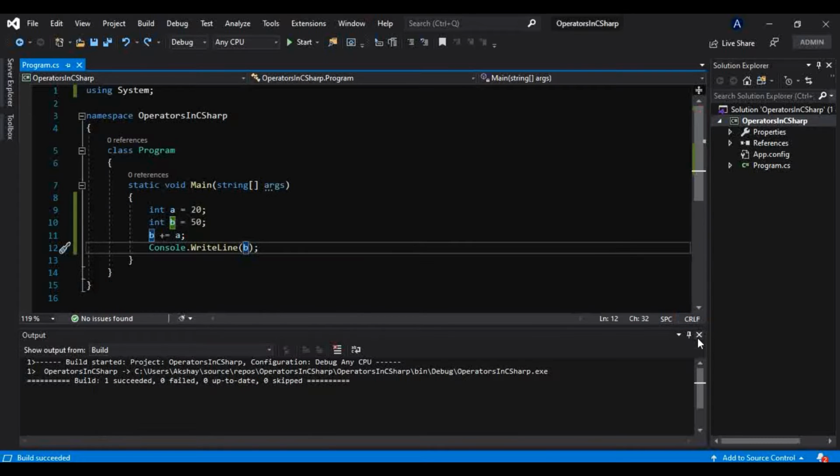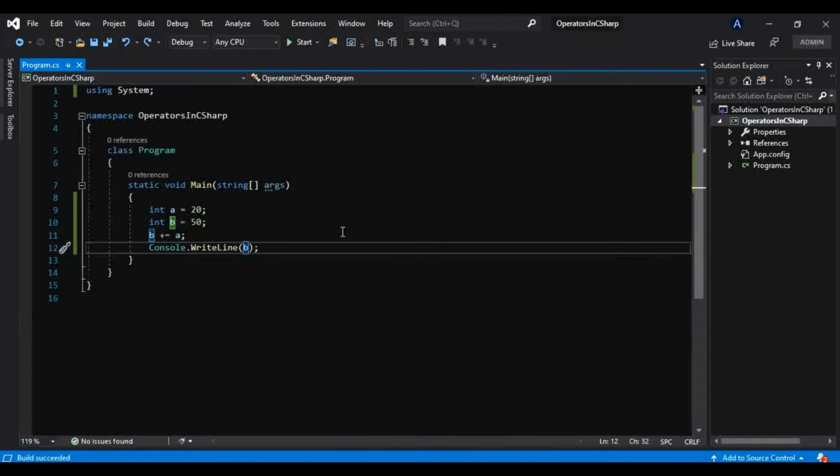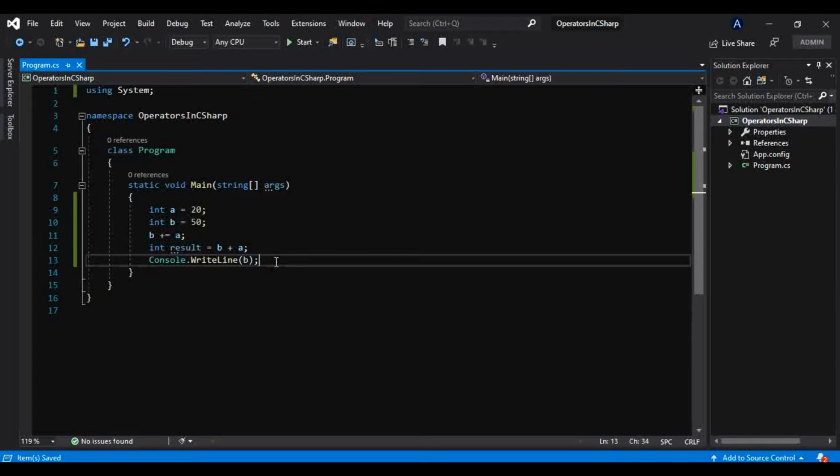So basically what that plus equal to operator does is something like this. If I use one integer result equal to b plus a, I will get this result as well, and I will print that too.